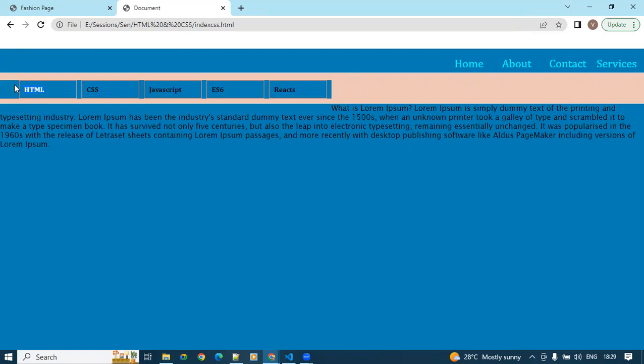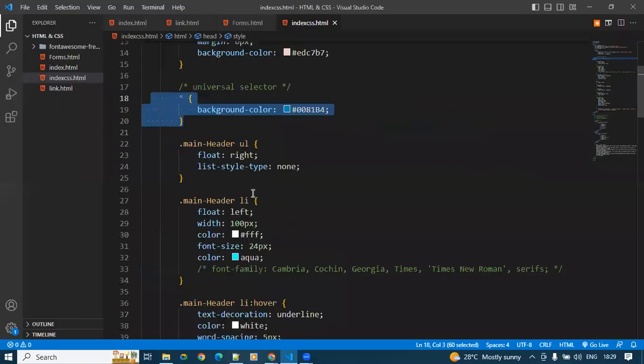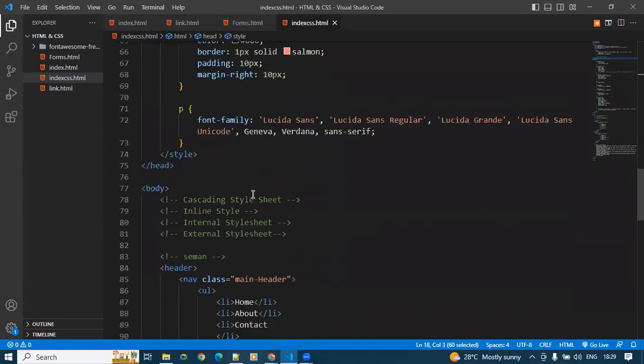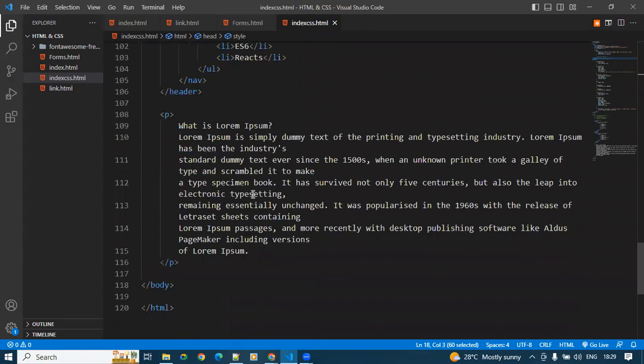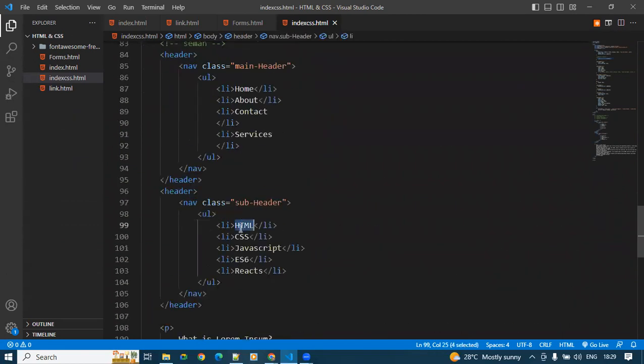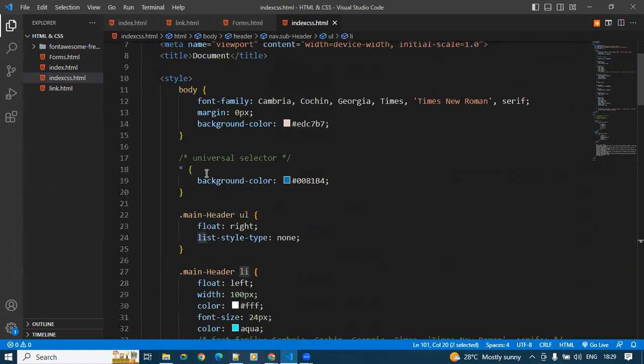And for this particular text box and the button, I have not applied any style, so it is automatically incorporating the universal selector's style. It is li and this li and this li and all that. It is automatically applying the universal selector's background color, or the style definitions, whichever we have mentioned in the universal selector. So that is the major difference between